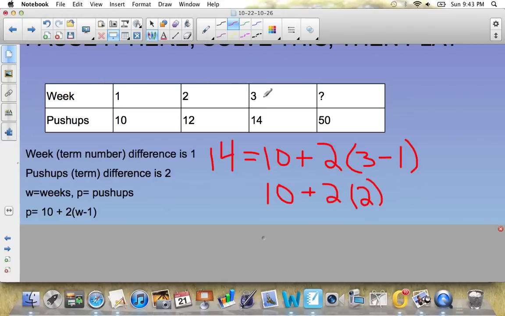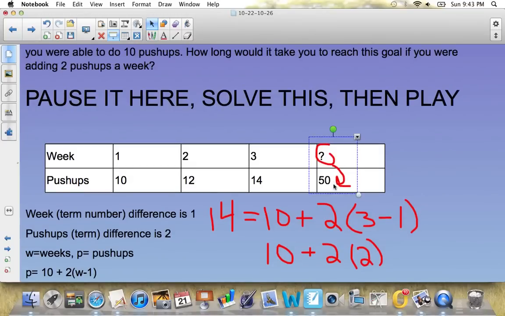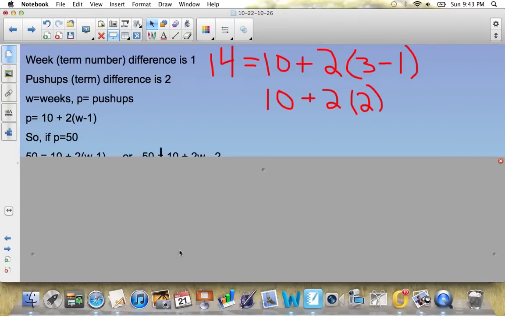Now remember, I'm trying to go from weeks to push-ups. I'm not trying to go from push-ups to push-ups or weeks to weeks. So let's see how this equation would work. So if P equals 50, my goal is to get to 50 push-ups. I'm probably going to work backwards to get to weeks. So I could do this equation here,